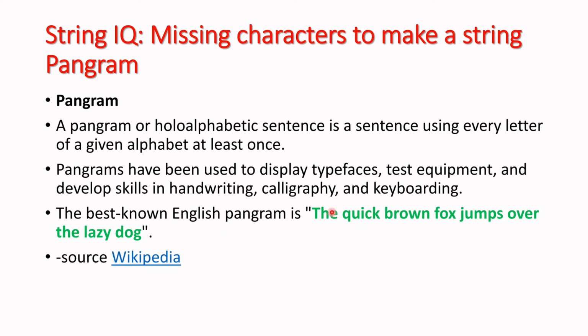If you count the total letters here, it will be 26, right? But the size will be different. So if we take only "the quick brown fox jumps" and we are not using the rest of the letters, then we have to find out which alphabets are not used, right? That is what is missing. So we have to find those missing characters. So let's go to the code part and understand the coding, right?